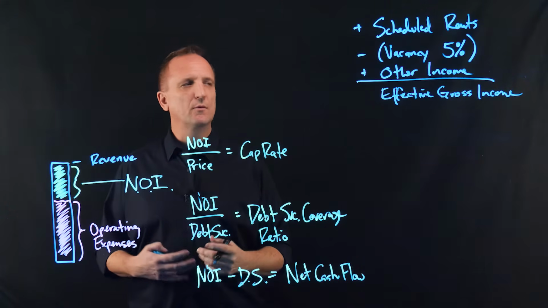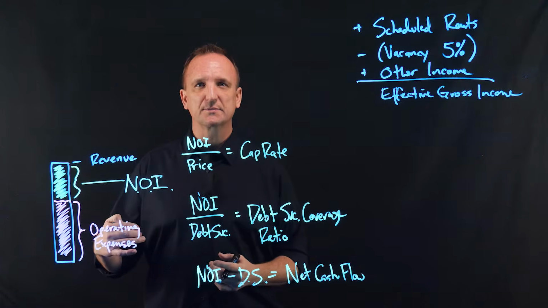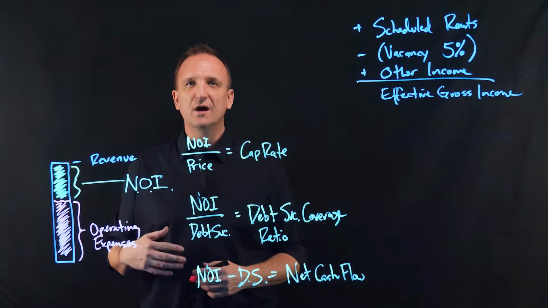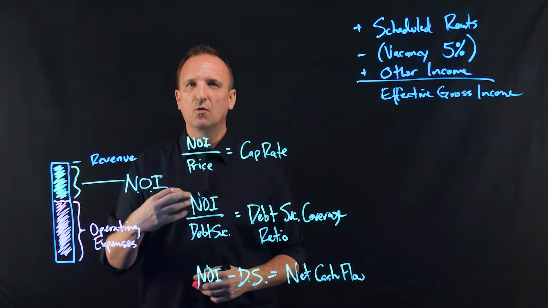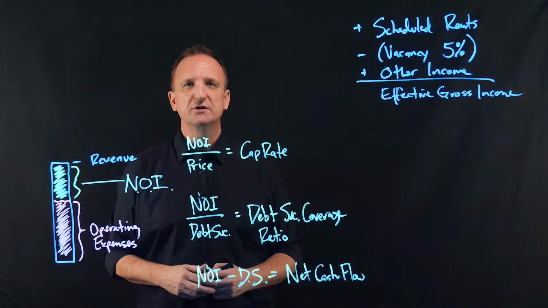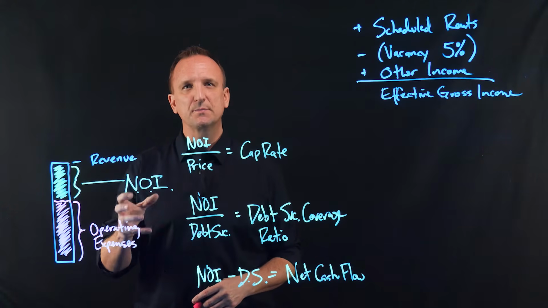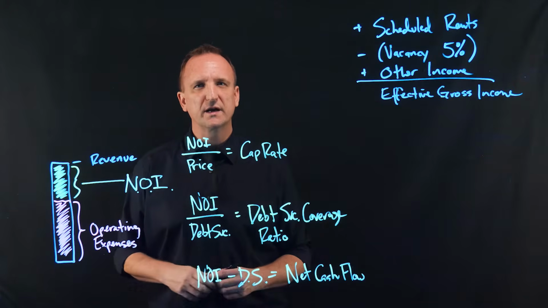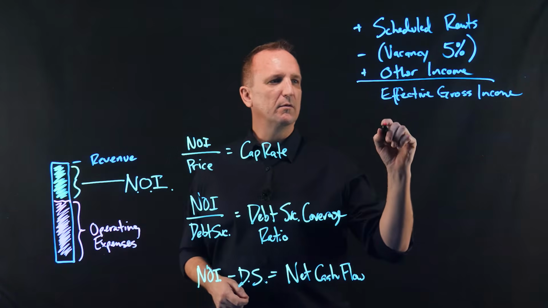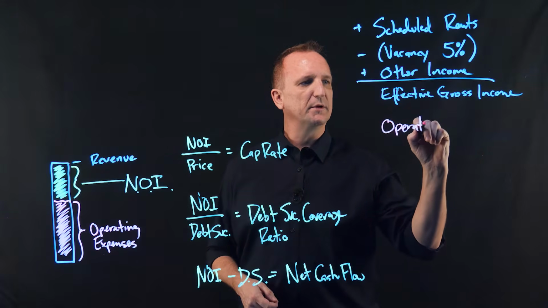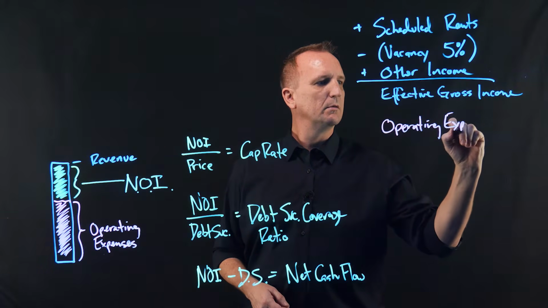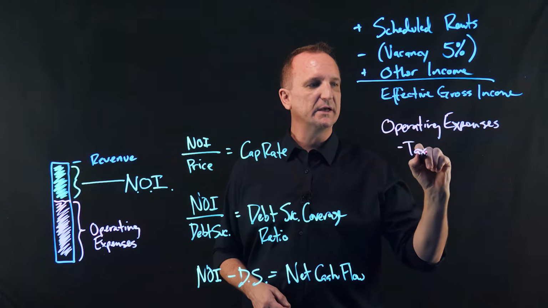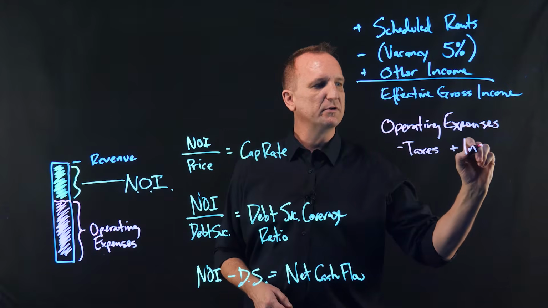From there, we need to take out operating expenses. Important to note is that operating expenses do not include debt service or payments to the owner, but they are expenses that are related strictly to the operation of the property. So, for example, operating expenses would include things like real estate taxes, hazard insurance,